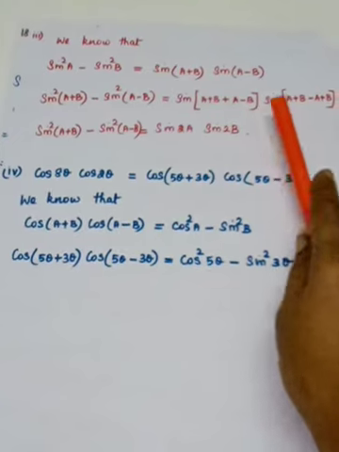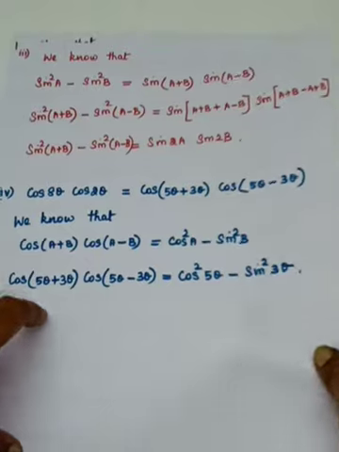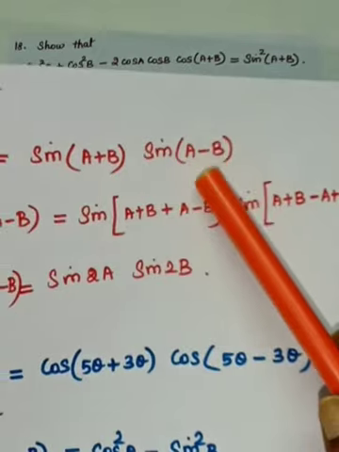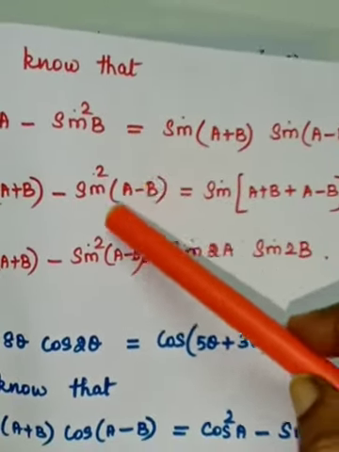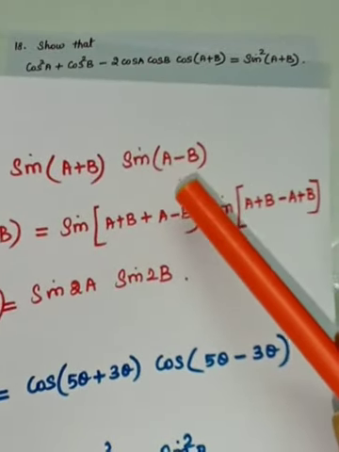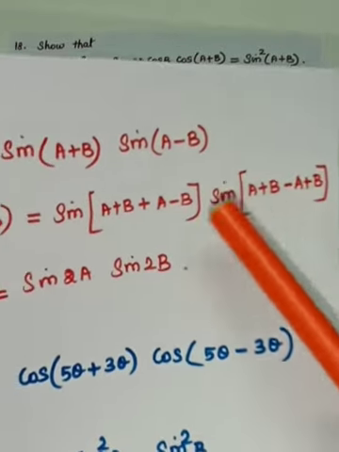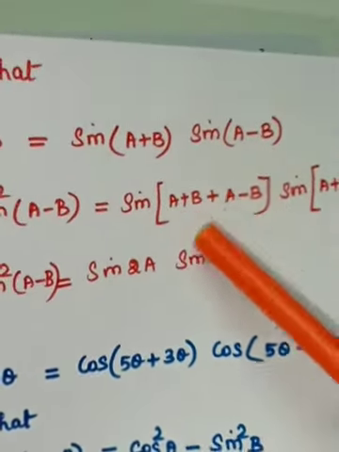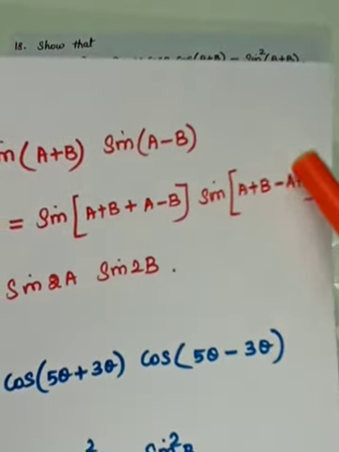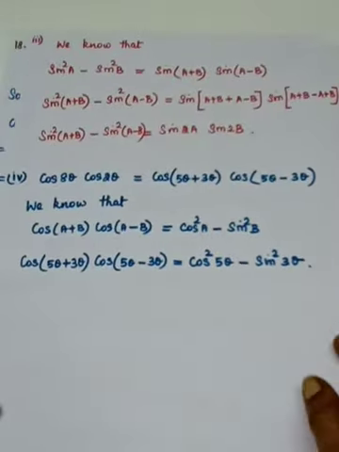Sin of, you look at this, sin of A. In the place of A, what you have to write? It is A plus B. In between, you are having minus. In the place of B, what is your question? It is A minus B. So the minus has to be applied to A minus B. So it is minus A plus B. So here B and minus B getting cancelled. So A plus A is 2A. And here A and minus A getting cancelled. B plus B is 2B. So we have proved the third subdivision.